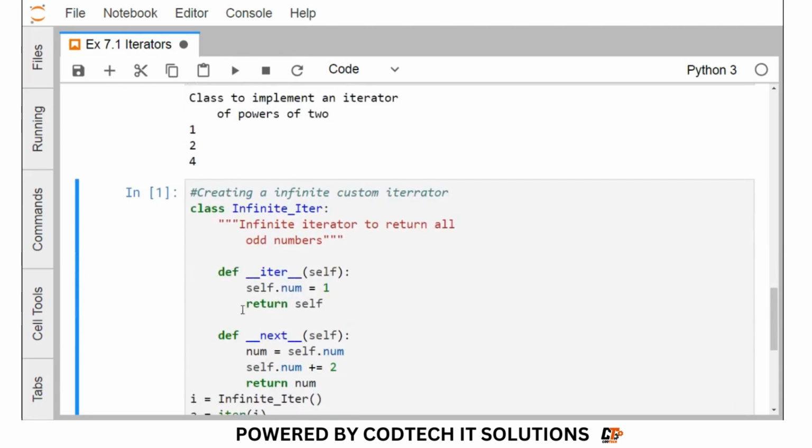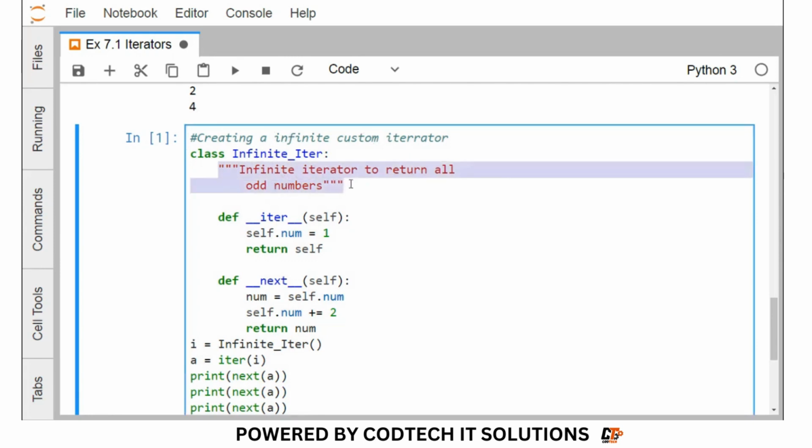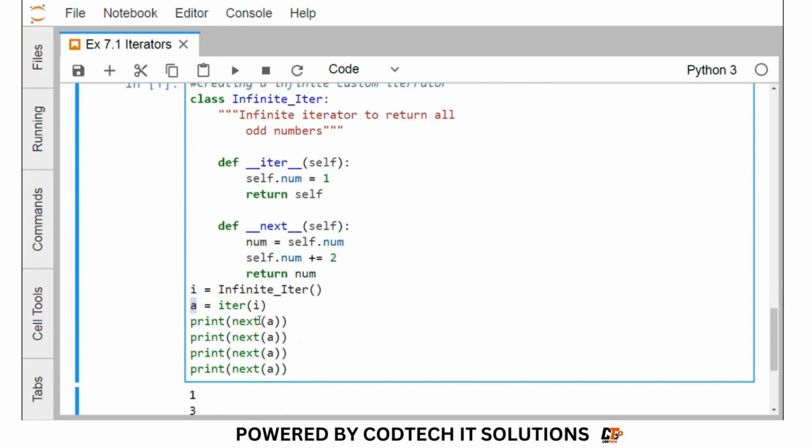So next we are going for creating an infinite custom iterator. In this case, this is our doc string. The name of the class is InfiniteIter, and here we have defined the method iter and the next. So this is the InfiniteIter object. The class object is I. From this I we are creating one iterator using the method iter,